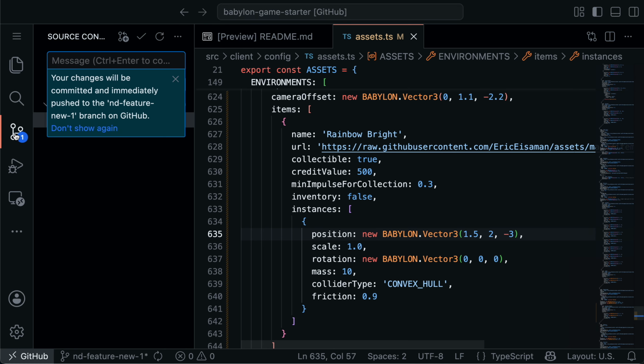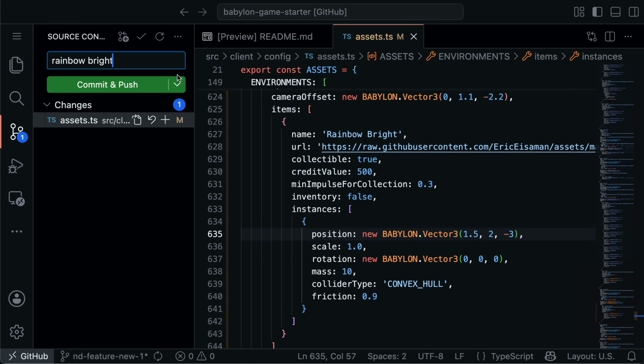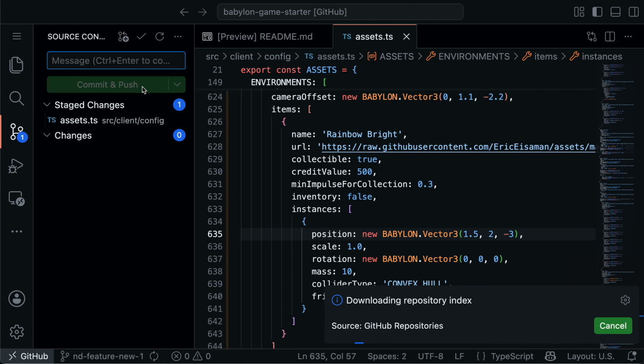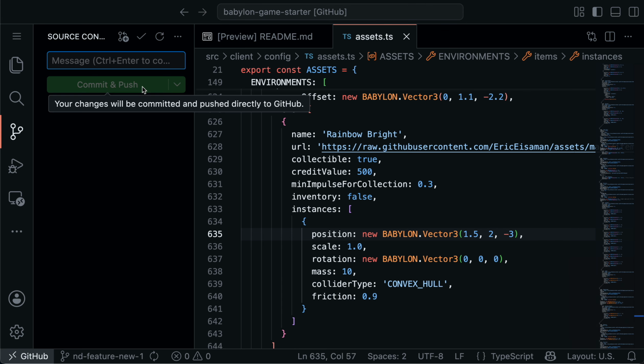Let's go ahead to the tab on the left for the Git changes, and let's call this Rainbow Bright. Let's stage that change by clicking the plus button, and commit and push it by clicking that button. And once we've done that, we are good to go ahead and go back to